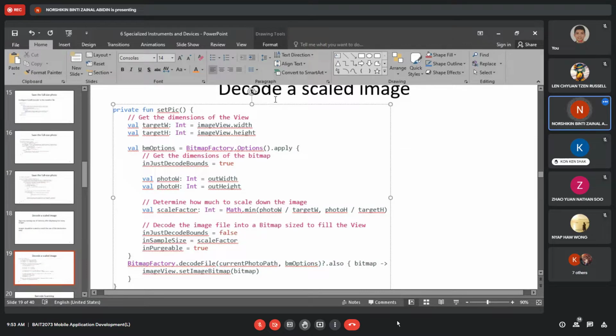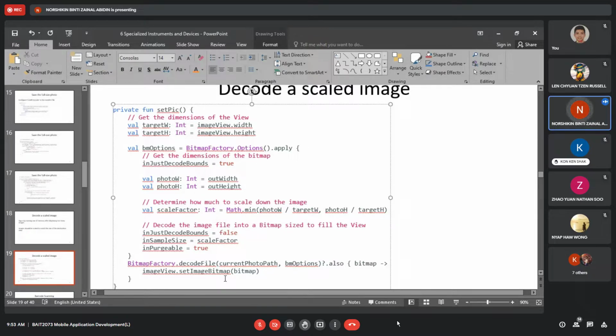In this lecture note they don't have the term resize, but I use the term resize. They modify the size of your image, of your photo. So here, BitmapFactory decodeFile, what photo, what image: currentPhotoPath, options, and also imageView setImageBitmap.